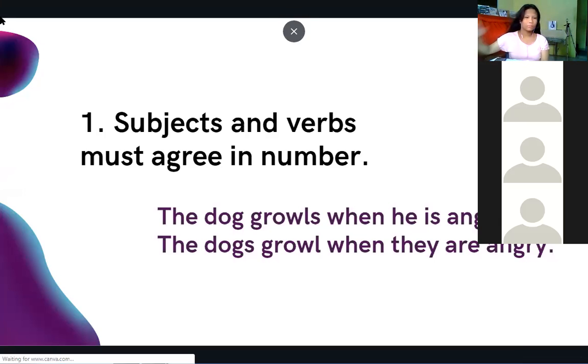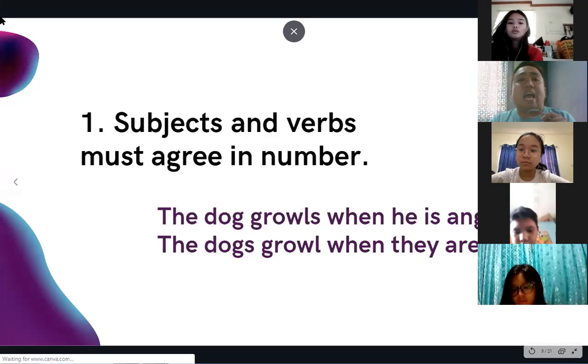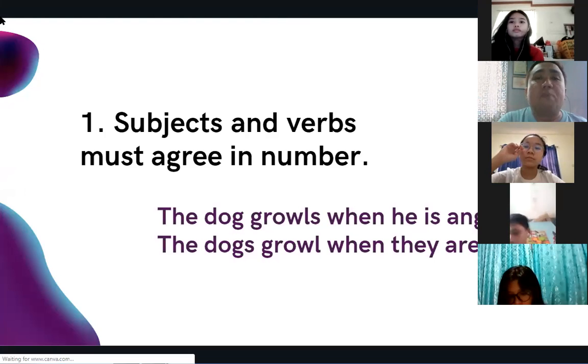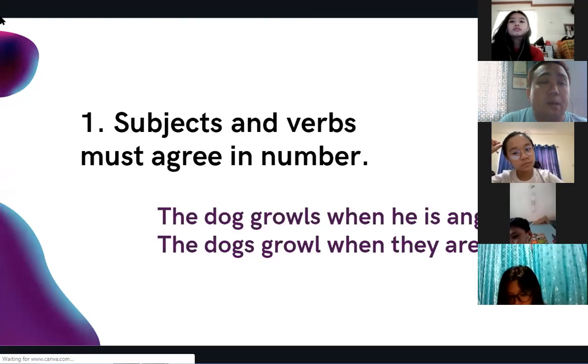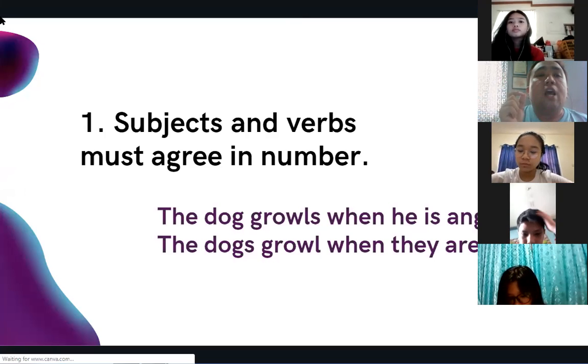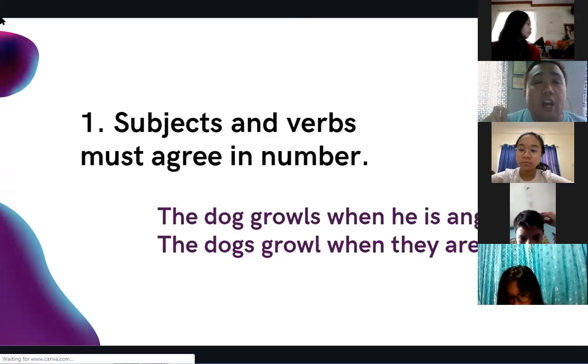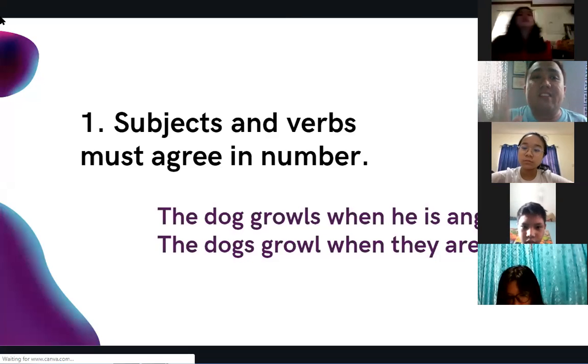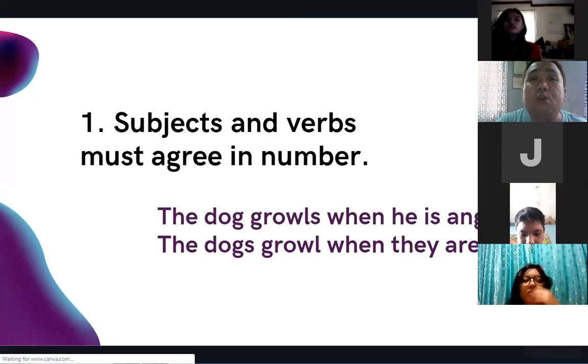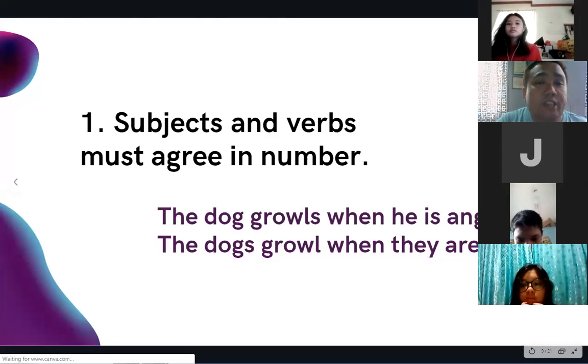So there are those instances. Now, for basic understanding, tama yung sinabi ni Jody that when a subject is plural, we add S. Pag plural yung subject, dinadagdagan natin ng S. Tama? Opposite to the verb, sa verb naman, we remove S to make it plural. Okay? Magkabaliktad sila. That's the common problem that a lot of students are committing.